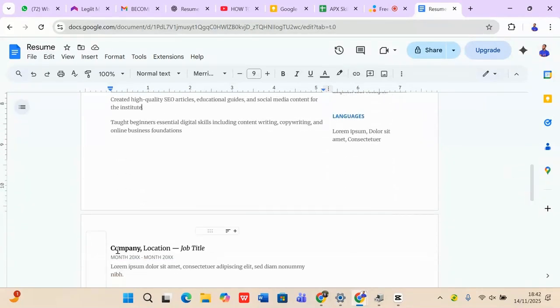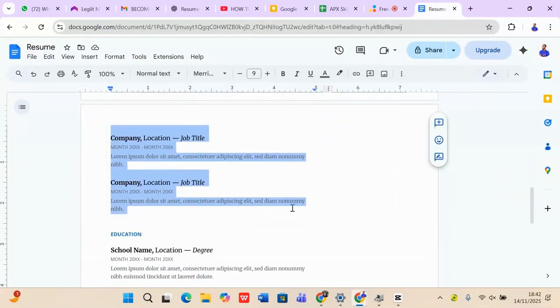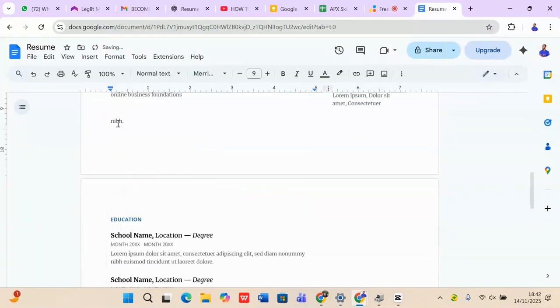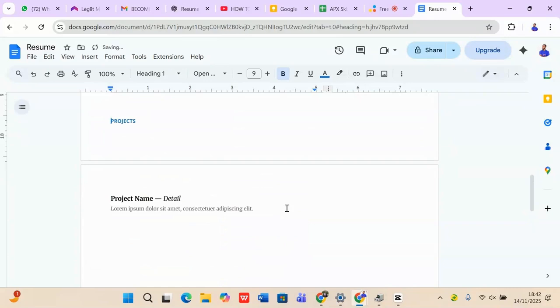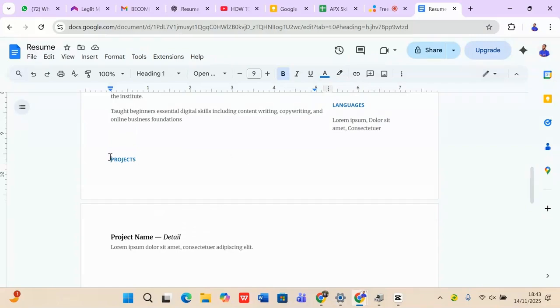So this other one, let me just delete all this. I don't need it. If you have more experience, you can easily include it. Educational background, I'm not sure you need that one because you can easily attach your Upwork link so that they can see all those ones on your Upwork. So I don't really need educational background. This project as well, you don't really need it because in your portfolio, you would have added the link of your project, previous job that you have done. So you don't need this.